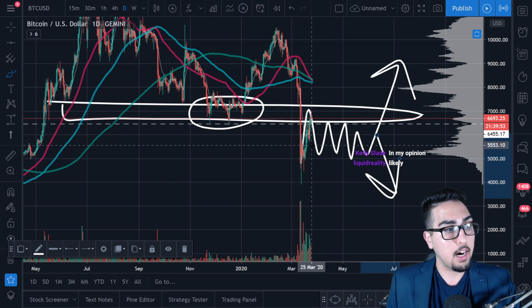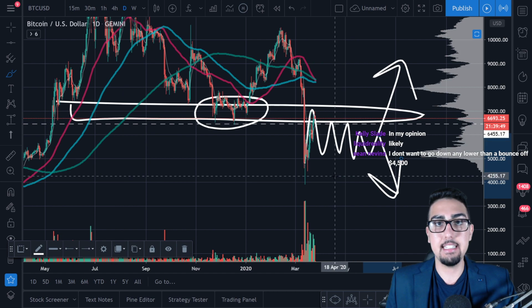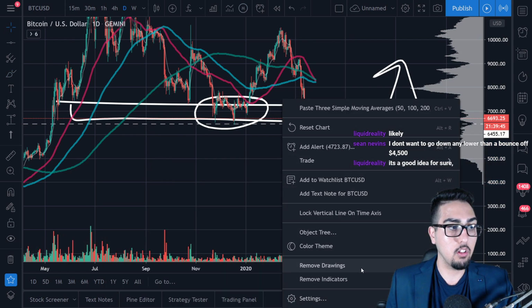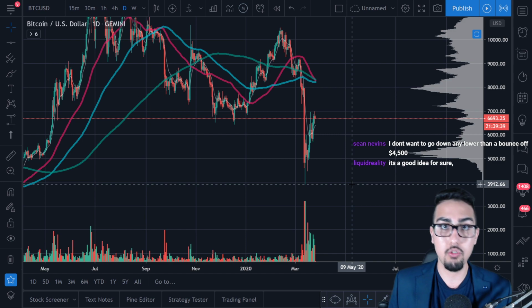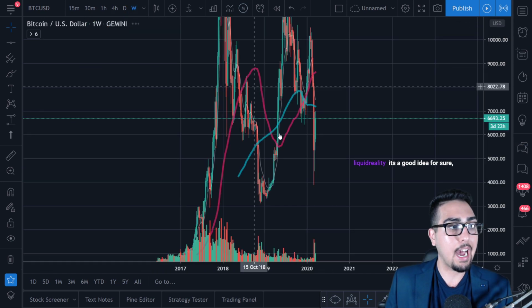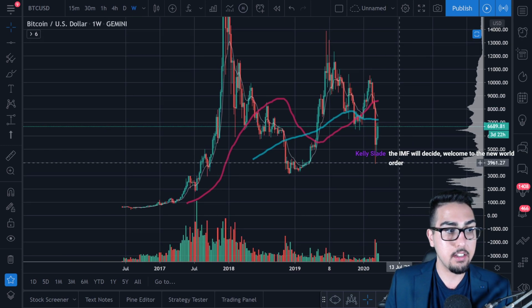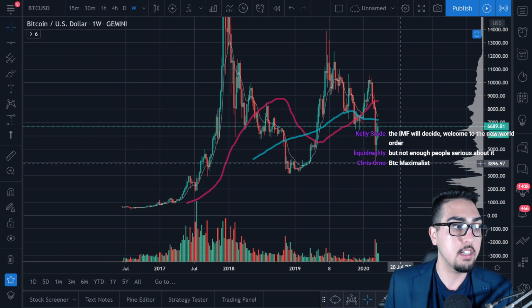And so, at the end of the day, we have to realize that anything at this level is most likely a good purchase when it comes to long-term positions, right? When it comes to trading, that's a whole different ballgame. It's a whole different genre. We can get into a trading talk, but for those that are long-term investing in this market, I don't see why anywhere between 6,000 and the bottom that we recently found of 3,900 wouldn't be a good point to accumulate